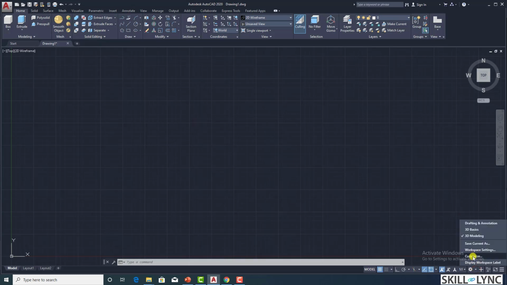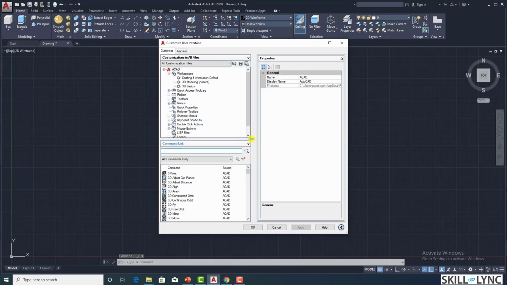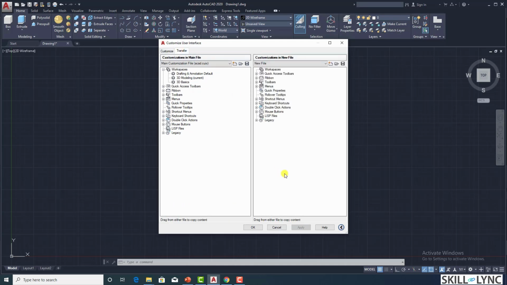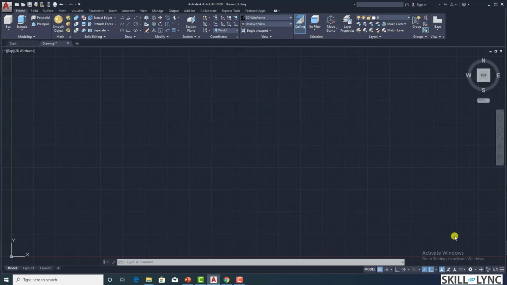Ideally, you can customize the workspace you work on, listing what is required for you to work. Let us pause this for a moment and come back to our 2D drafting workspace.